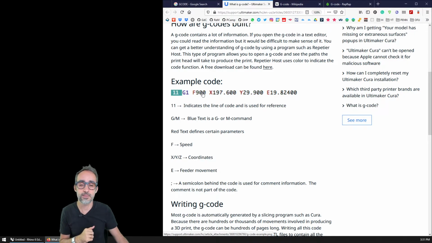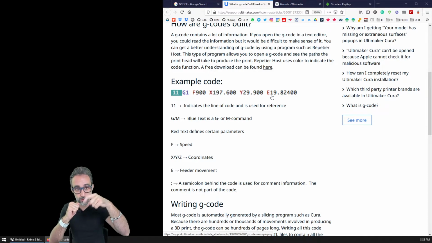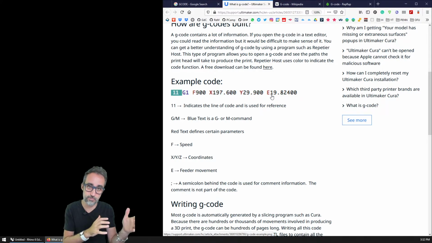Then come some parameters, each a letter representing what the parameter is and a number representing its value. So G1 and all of this indicates that we want to move in absolute coordinates to the coordinate X and Y with these numbers. And for 3D printing, F means the speed at which we're moving, and E means how much material we're going to deposit in this movement.